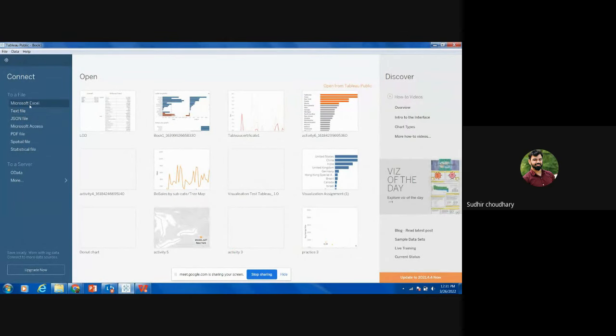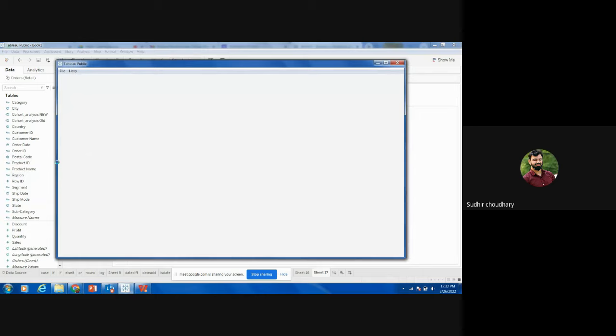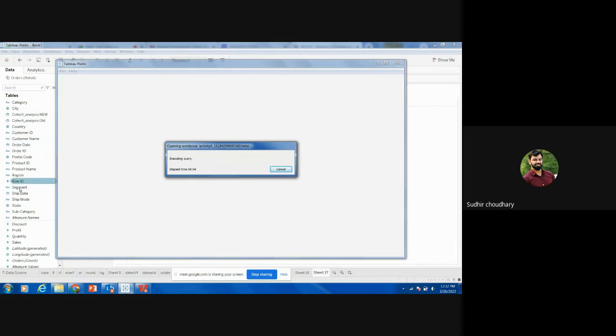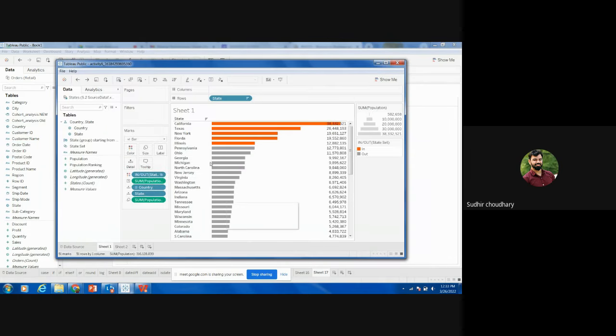So this is the connector side. You can connect n number of data sources from here. For example, if I just click on this, see, there are different categories based upon the data. Whatever data you have, every column name would be here. Based upon the column size or the number, you can use that column or the information to make something. Now whatever the information here, it is showing you the top 5 states based upon the sales value or the population, right?